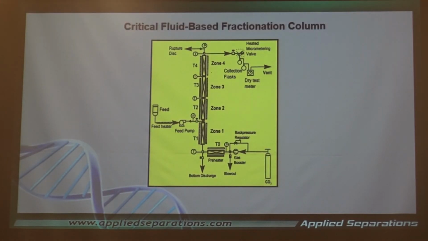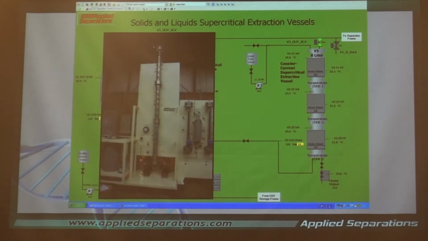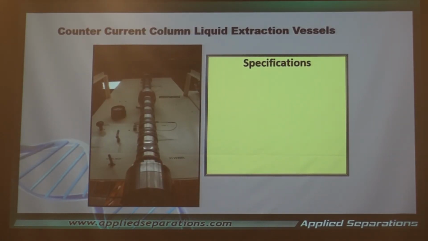One last example, a couple of examples. This is palm oil. I was talking to a group. This is a system with the 3-meter column, or I think it was 5-meter, that we put in for the Malaysian Palm Oil Board, for the extraction of vitamin E out of palm oil. And it was done in exactly the fashion that I mentioned here.